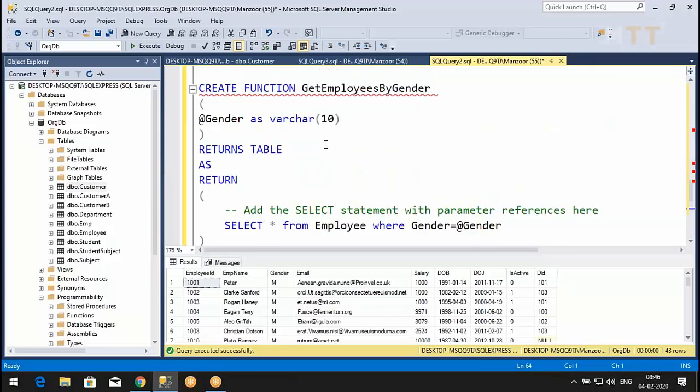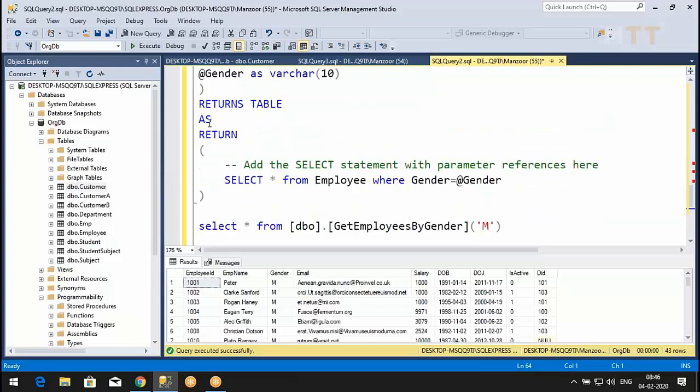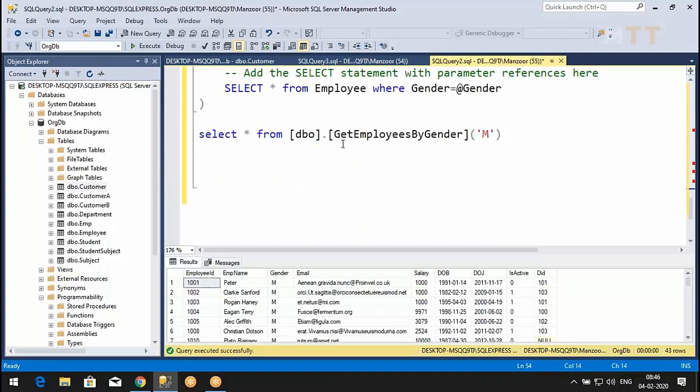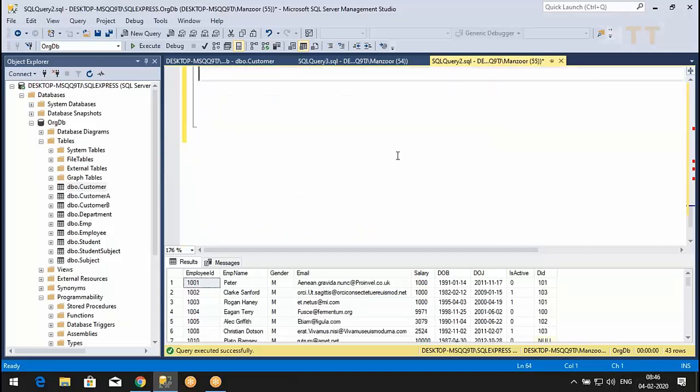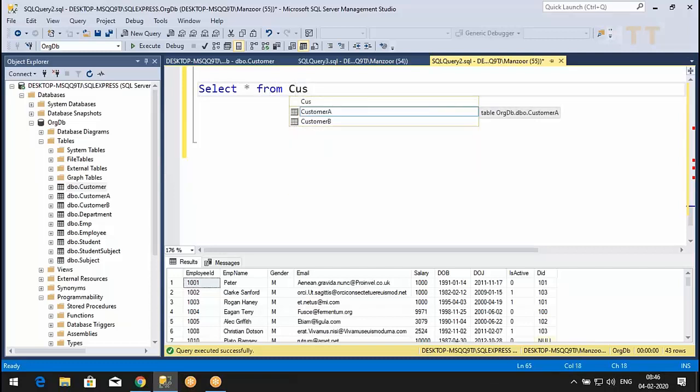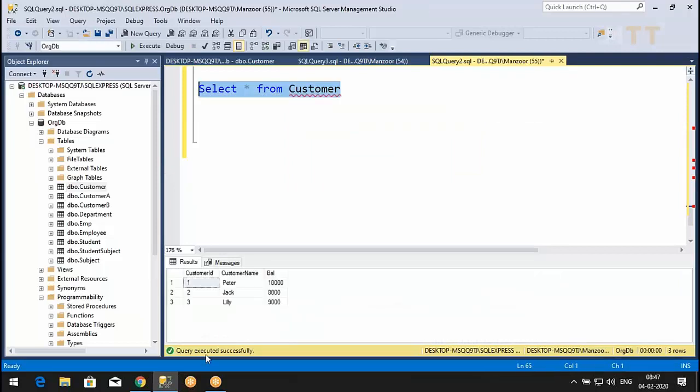Yes, it is a table valued function, because it is returning a table. Now select star from customer. You got it.